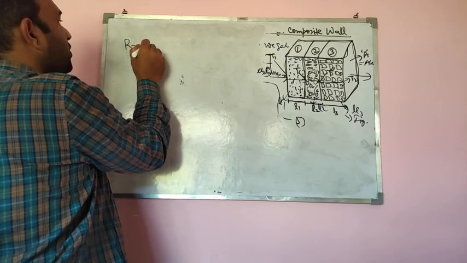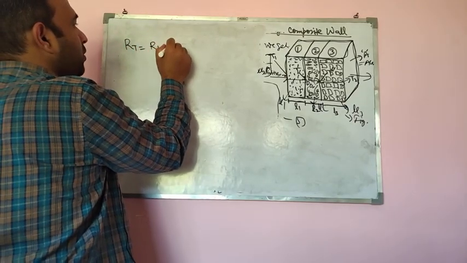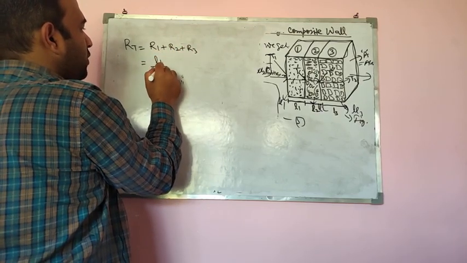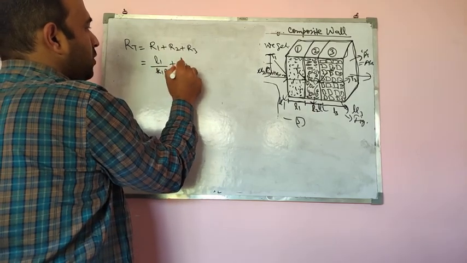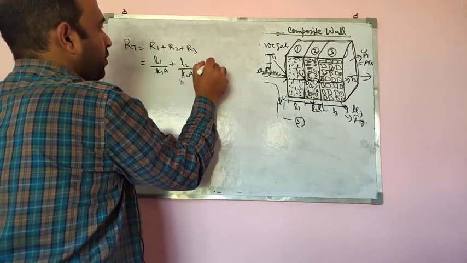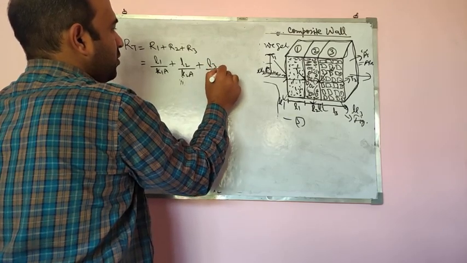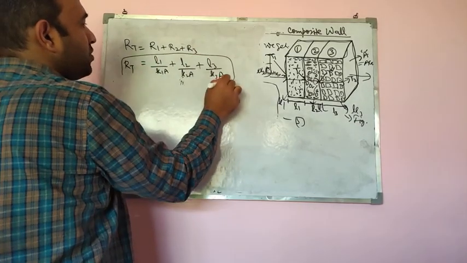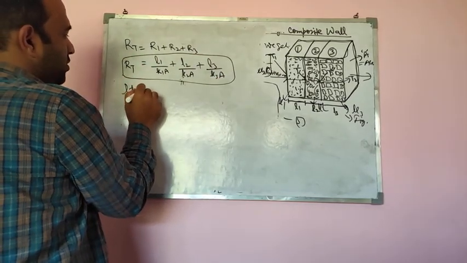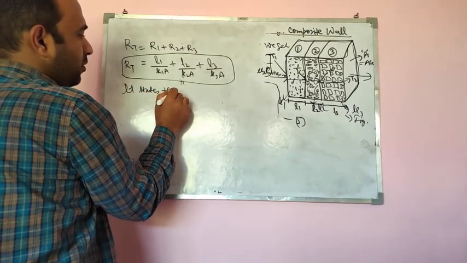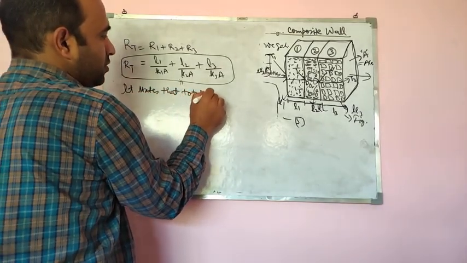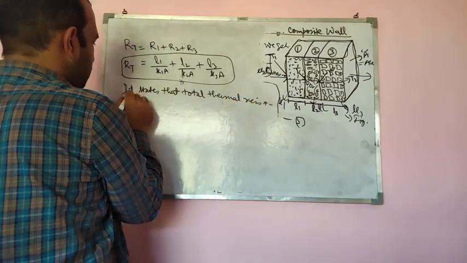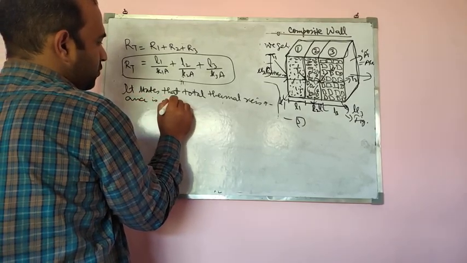Basically the total thermal resistance RT will be R1 plus R2 plus R3, or it will be L1 by K1 A plus L2 by K2 A plus L3 by K3 A. So what it basically says is that the total thermal resistance is additive